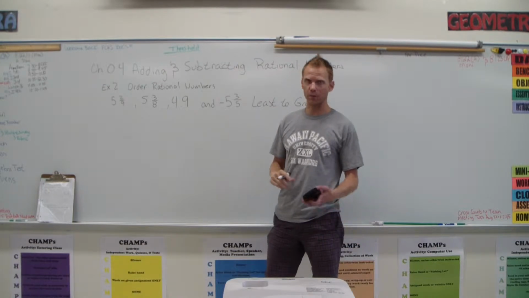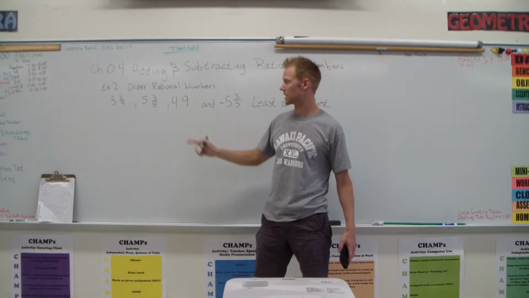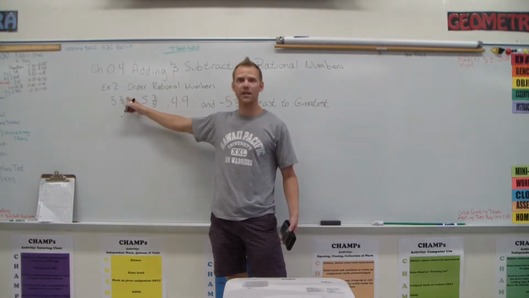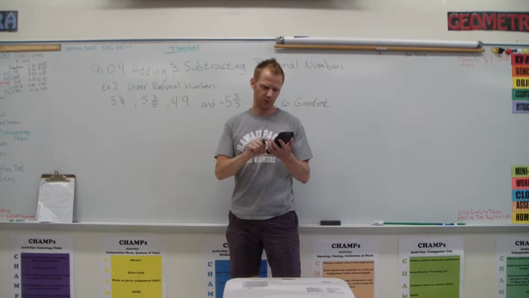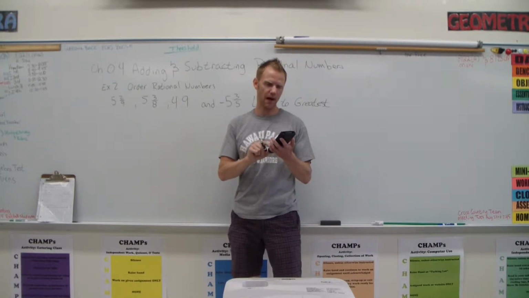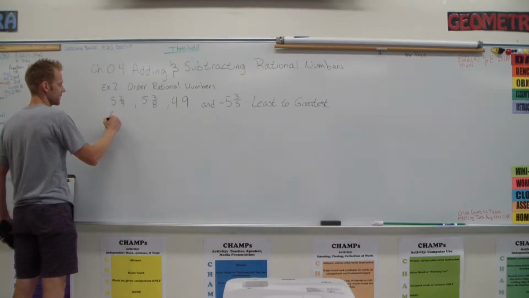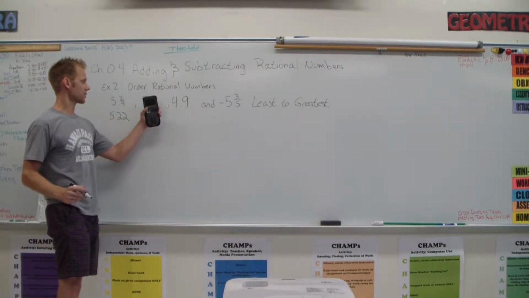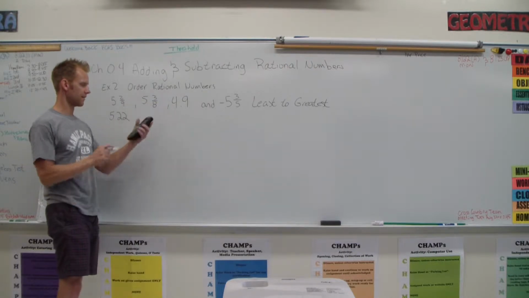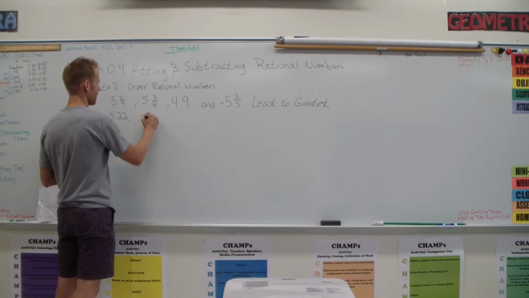First thing we're going to do is change all the fractions to decimals. So 5 2/9, we can change it to a decimal by taking 2 and dividing it by 9, and we get 0.22. So 5 2/9 is the same thing as 5.22. 5 3/8, we're changing it to a decimal by taking 3 and dividing by 8. We get 0.375,